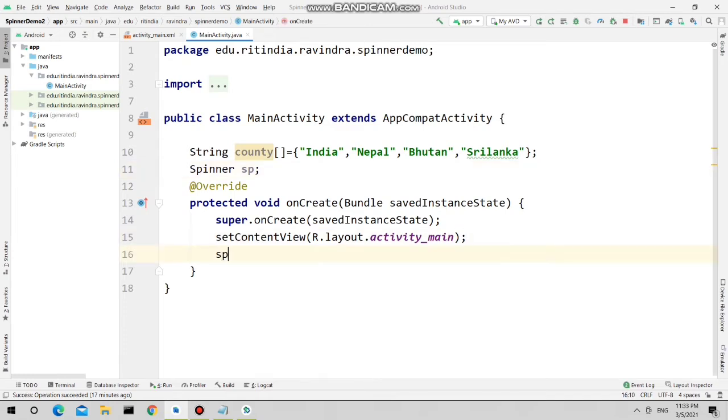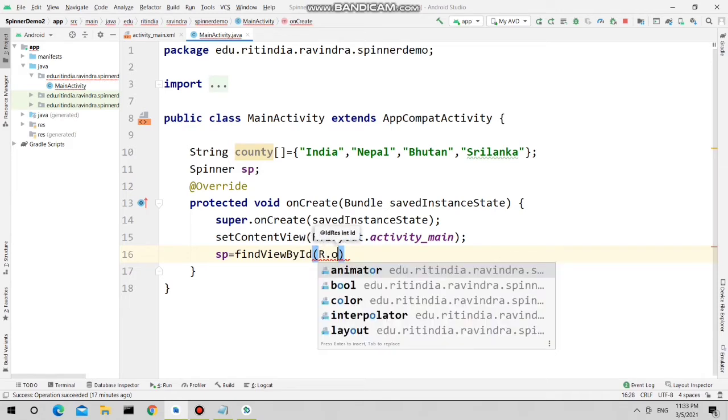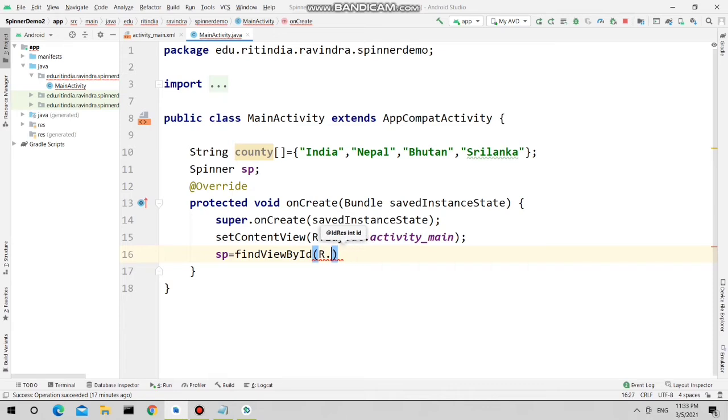Now retrieve the ID of the spinner using the findViewById method. All IDs, you know, are present in the R.java file under the R class, ID class. With the help of findViewById, we have retrieved the ID of the spinner, and we have set the reference to this spinner object.